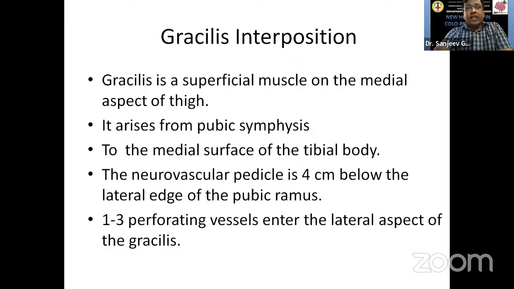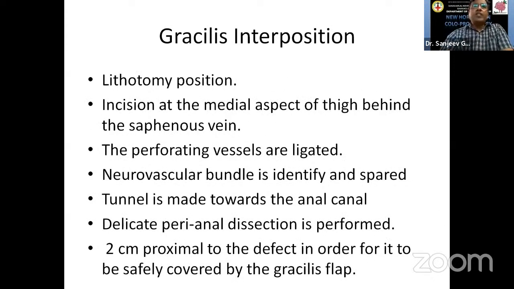During the surgery, the anatomical location of the neurovascular pedicle is very important, which is 4 centimeters below the lateral edge of the pubic ramus, which has to be preserved. There are few perforating vessels which enter the lateral aspect of gracilis, which can be safely ligated and do not lead to any vascular compromise of the muscle. So the patient is positioned in lithotomy position, and the incision is made on the medial aspect of thigh behind the long saphenous vein. The perforating vessels are ligated, the neuromuscular bundle is identified and spared, and then a tunnel is